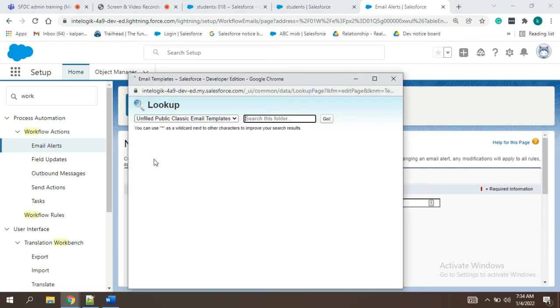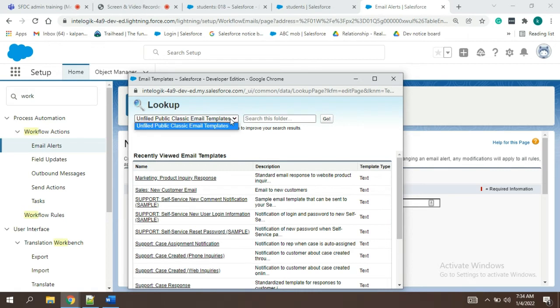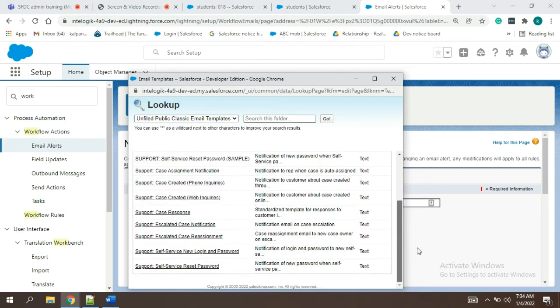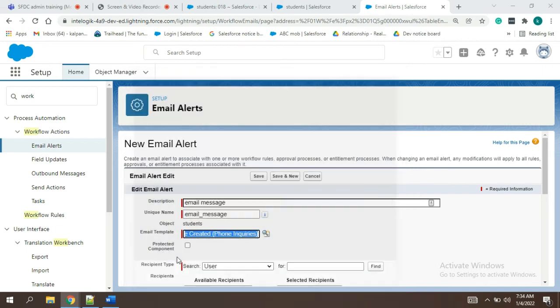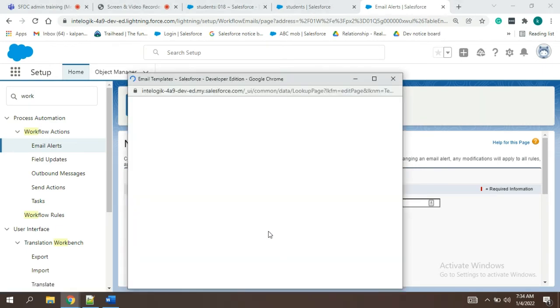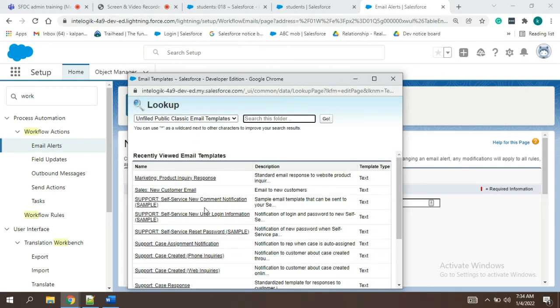We'll select one meaningful template. There are so many already given by Salesforce also. Auto response will keep.